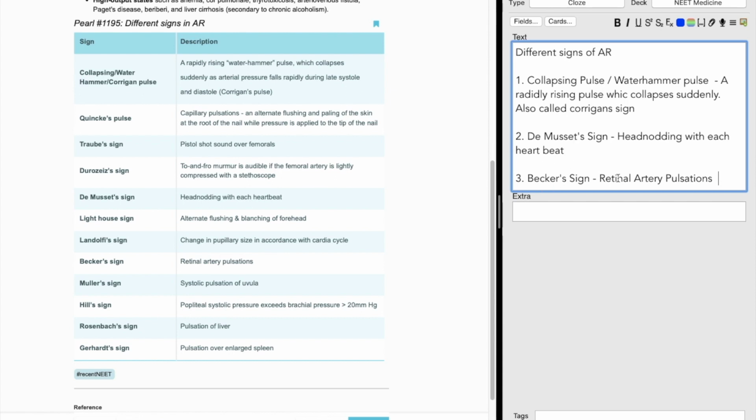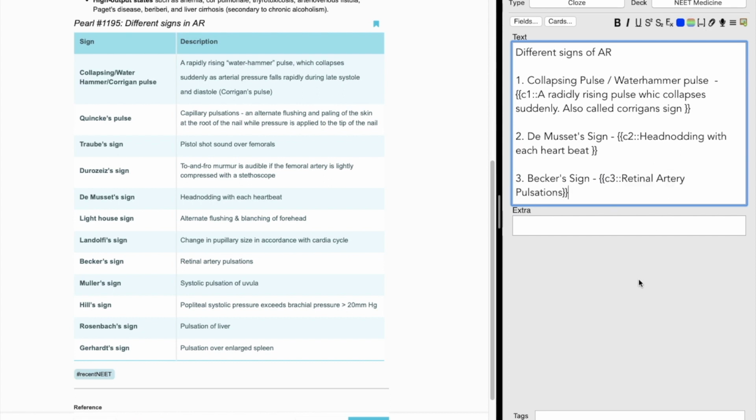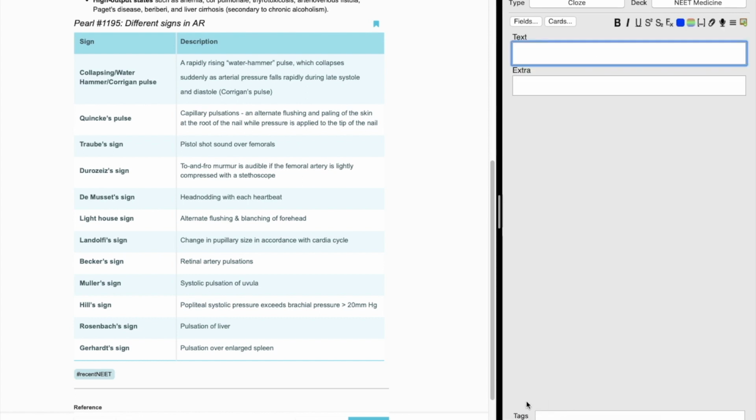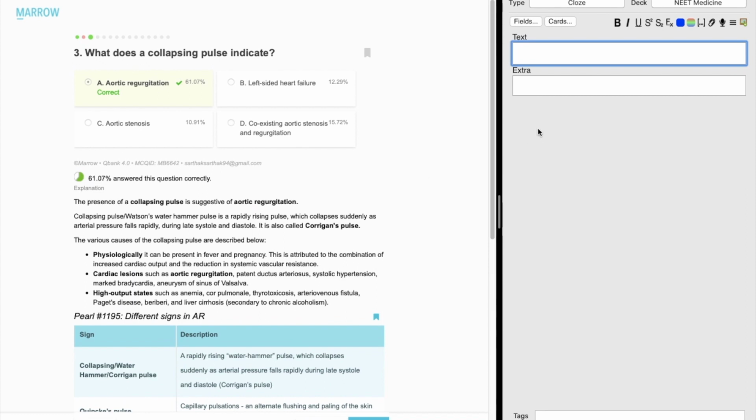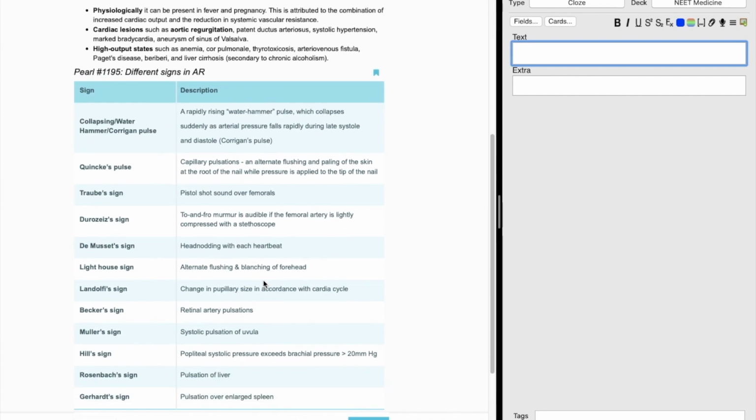Now to convert it into a cloze card, I'll simply select it and I'll go to this cloze card button. Similarly, I will also convert it into a cloze card and this into a cloze card. Now our cards are done. I'll simply add it and 3 cards have been added. So this way you can convert an important table into cloze cards.